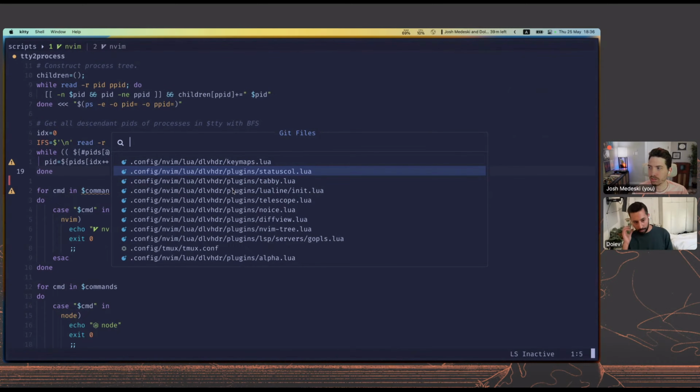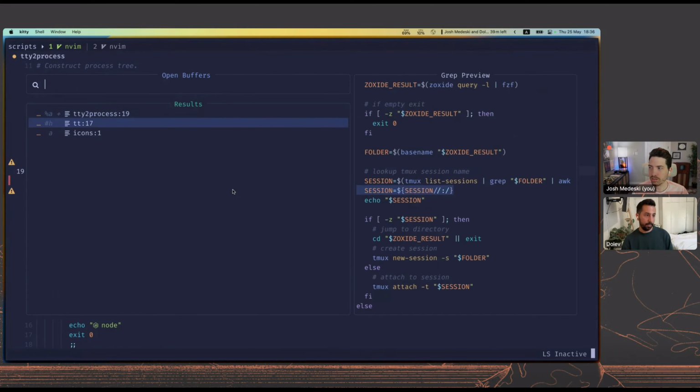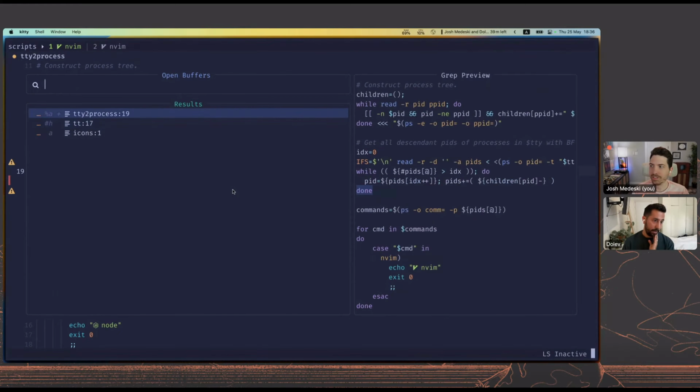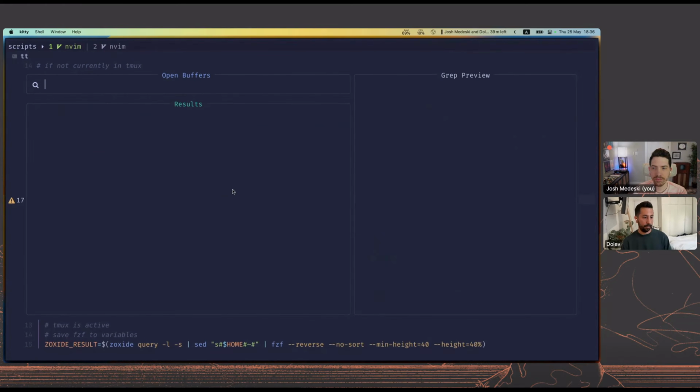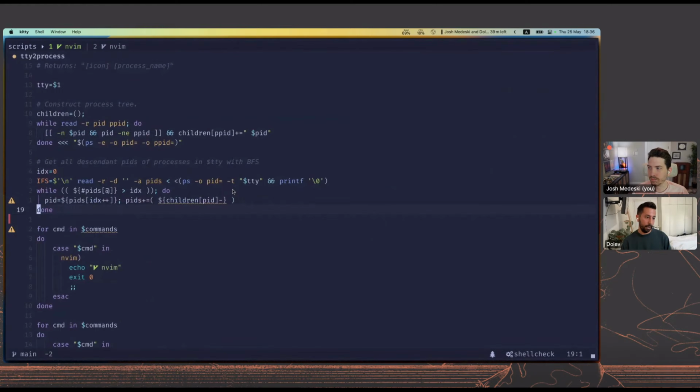It uses a SQL database behind the hood to sort items. So even my Telescope picker for my open buffers is sorted by my most recently used, and I also have space to go between the last two files.